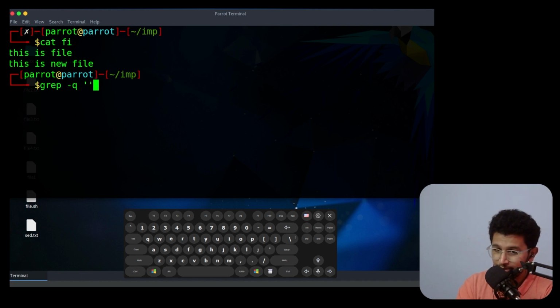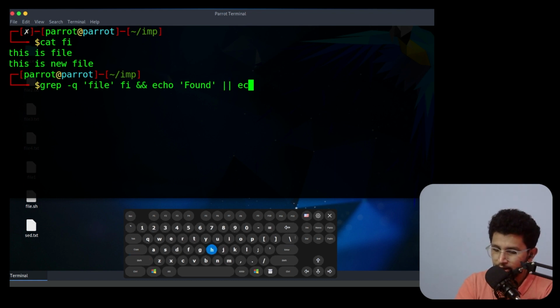It is called silent because, let's say you have a string match in a particular file. If the given string is matched in a given file, then it will echo found,